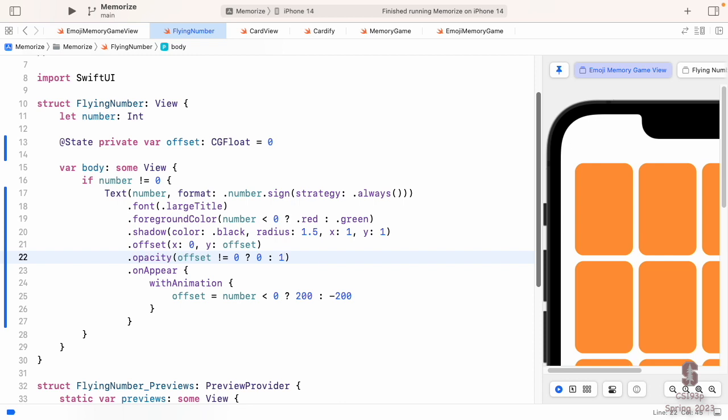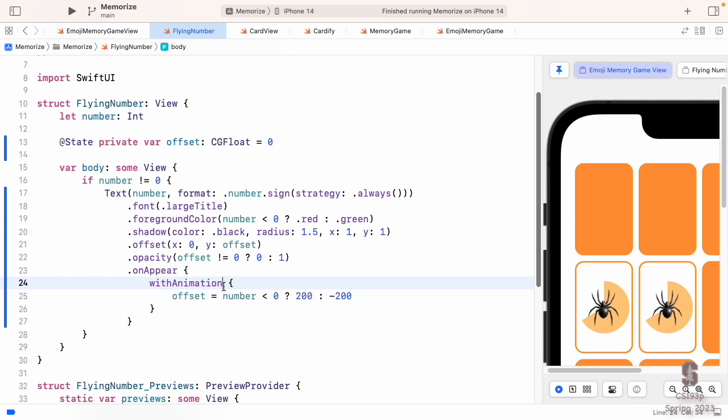And this sounds like, oh wait, this is not going to work. But remember that this is inside of withAnimation. So this opacity is going to change from when it first appears at offset 0 up to here, and that change is going to be animated. So that's why it's going to fade out. Let's see this in action. Worked great. A little fast for my liking. It kind of zoomed by so fast, I didn't really get to appreciate the +2 that I got there.